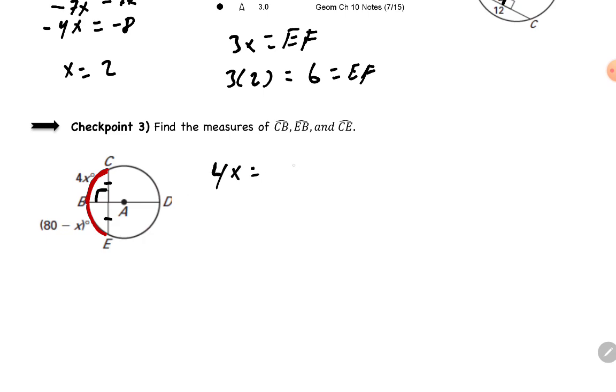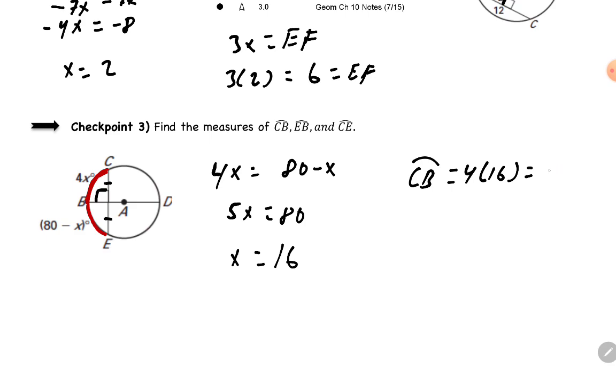So 4x is equal to 80 minus x, which means 5x is equal to 80, so x is equal to 16. Now that I know x is 16, I can find CB, which is 4 times 16, which is 64. And that means EB will be the same. Therefore, the two combined together is 64 plus 64, which is